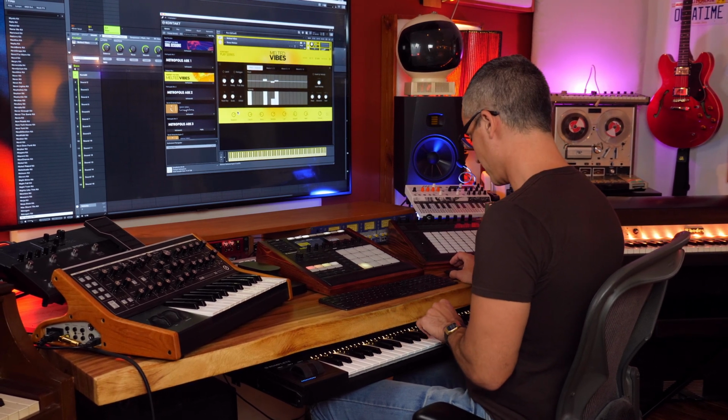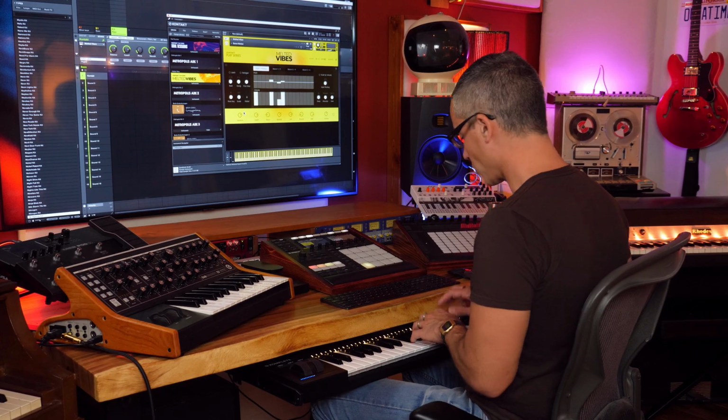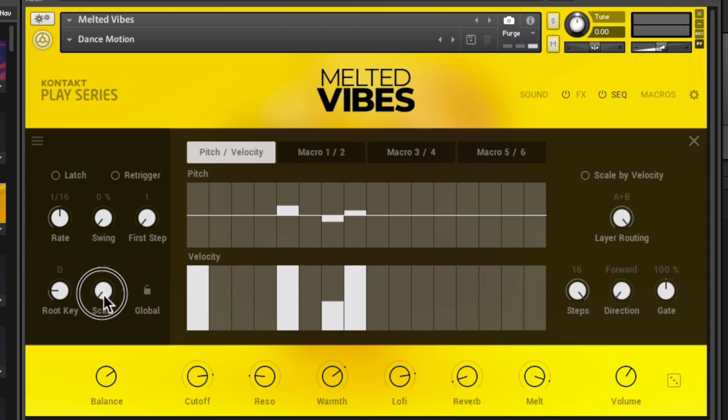If we're in the key of D minor, then if I play a B flat chord, then we should have a B flat major chord. So if you don't know anything about chords, this is still going to work for you because you can just play any key and it will adjust this little sequencer here to fit inside the key of whatever you selected it to. So if I set this to D minor, now